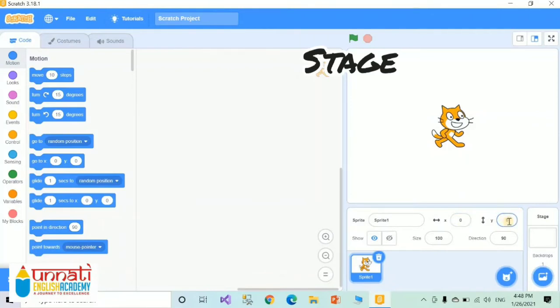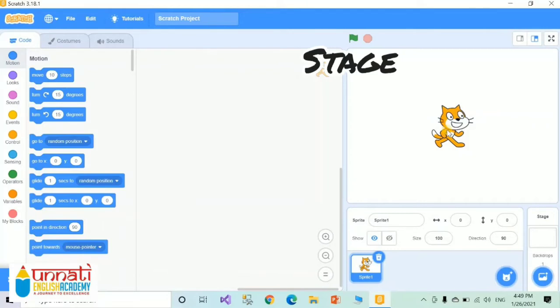Values of X and Y being 0 means your sprite will be displayed at the center of the stage. So 0, 0 is the home of your stage. The values of both the coordinates are displayed at the bottom right corner of the stage. If you change the value in that box, your sprite will move accordingly. Okay, so that is all about the stage.